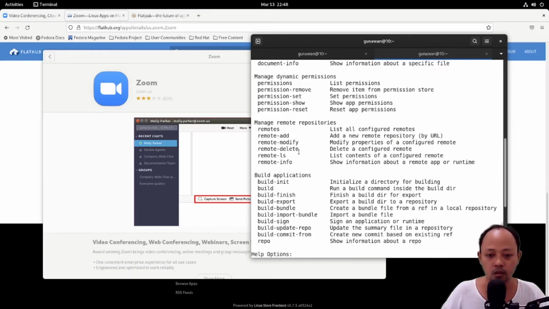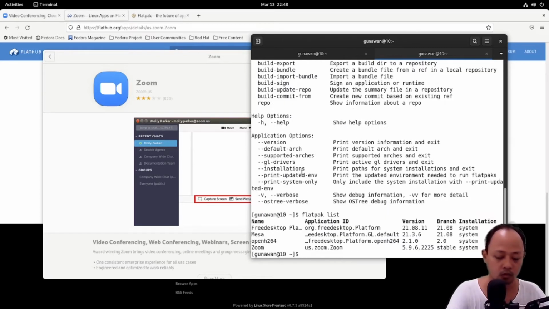We will try it. We need the sudo flatpak uninstall Zoom.